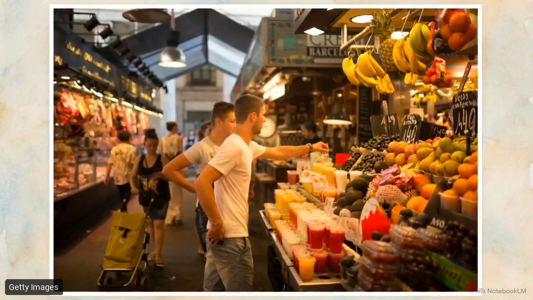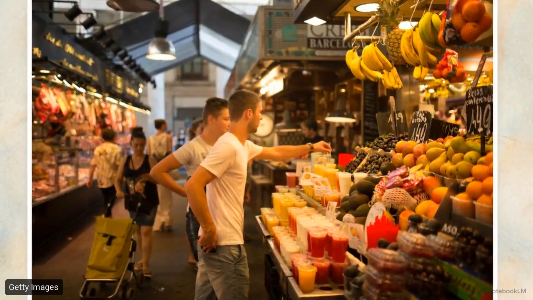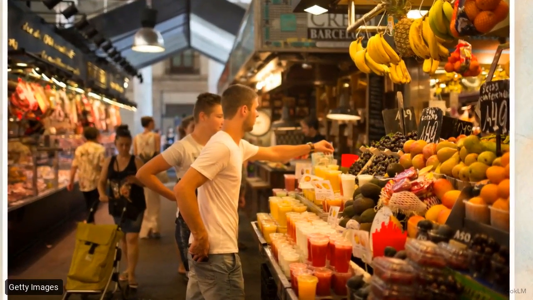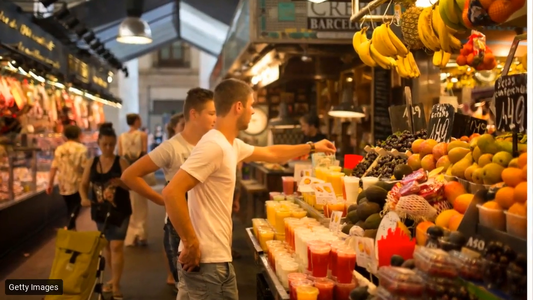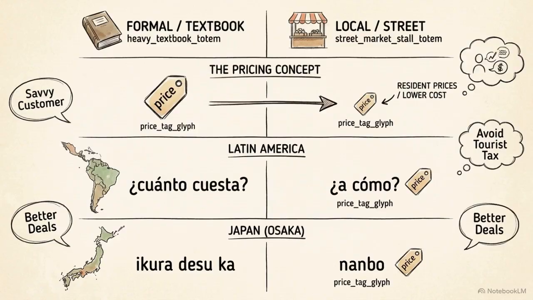Once away from the terminal, the best meals happen where locals actually eat, typically a few streets behind the waterfront at a bustling market stall. This comparison matrix shows how your choice of words affects what you pay at those local markets. The textbook translation for asking a price in Spanish is "cuánto cuesta," but in much of Latin America, the street reality is simply "a como."